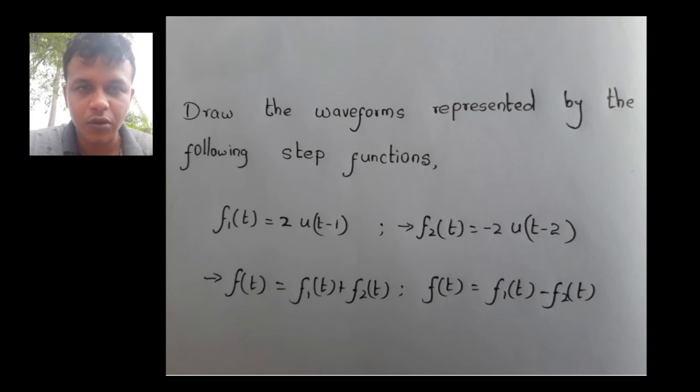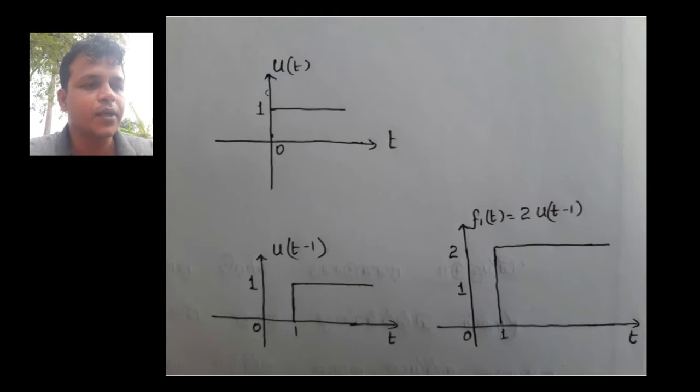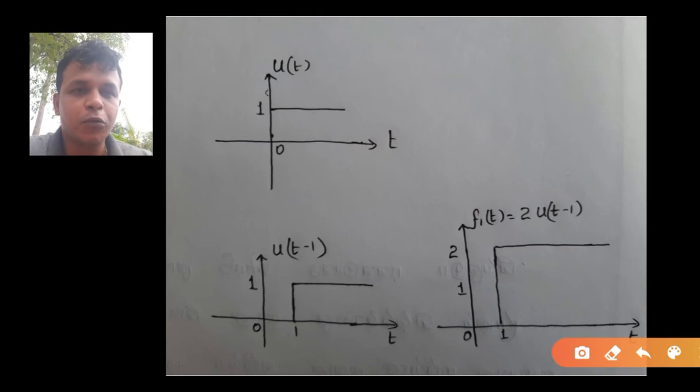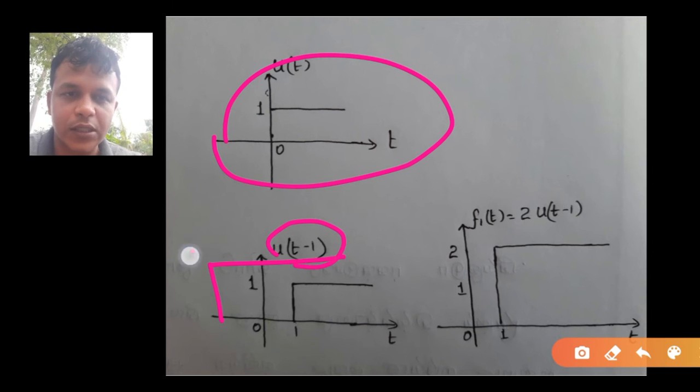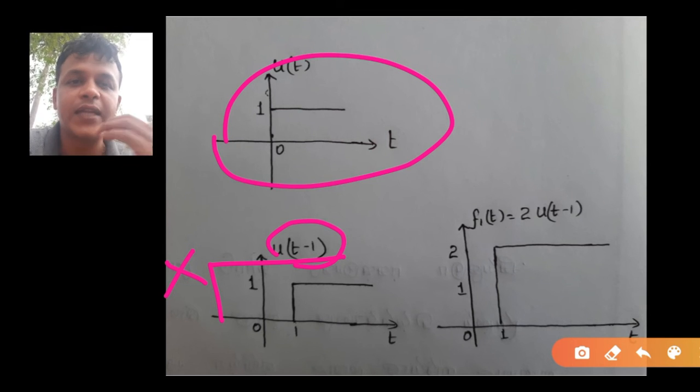So absolutely, this question is a diagrammatic question. First, u of t is represented here; we know the amplitude is 1 after t crosses 0, and I am delaying it by 1 unit. Delaying it by 1 unit means here it is given as t minus 1. Do not get confused: we should not start it at minus 1, this becomes wrong. If we start at minus 1, it indicates that instead of delaying it we are advancing the signal. The signal that has to happen at the 0th second is happening at minus 1 second, which means we are advancing it, and we should not do that.